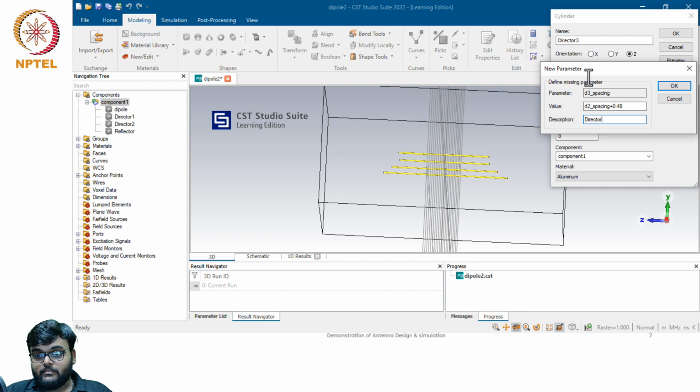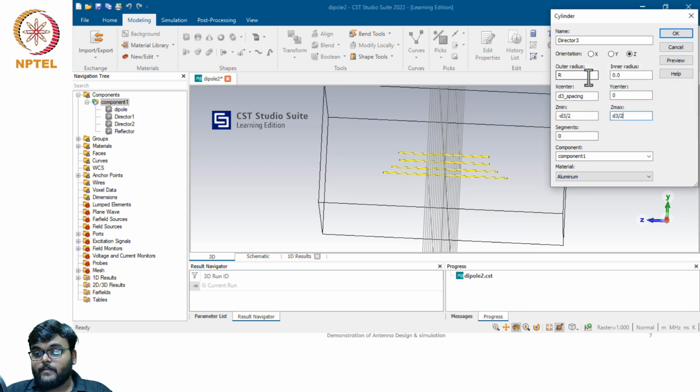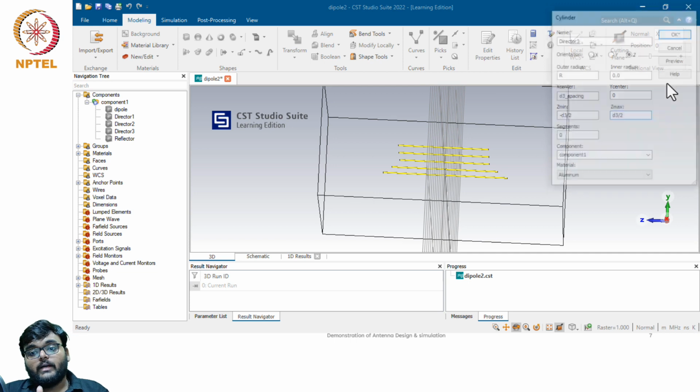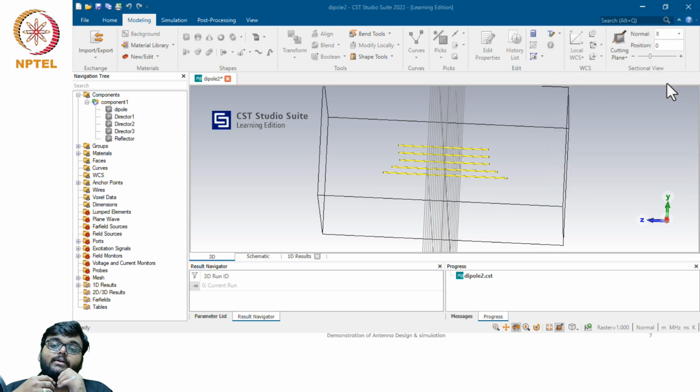Okay, so director 3 spacing. So D1, we will keep it the same. You can always play and check. Director 3 length. Okay, so now when you are done with this, you can go to simulation, then simulate,